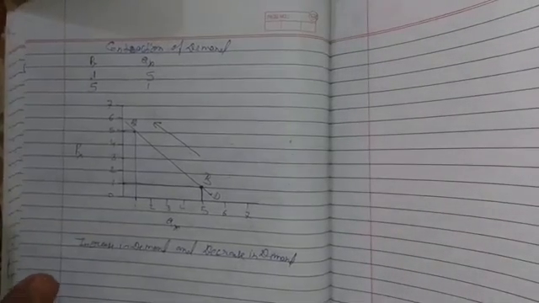Students, today we'll study the increase in demand and decrease in demand. Increase in demand and decrease in demand is what we call it when we have a change in demand owing to the change in other factors other than the price of the commodity. In that case, the demand curve may shift upward or backward from the existing place.